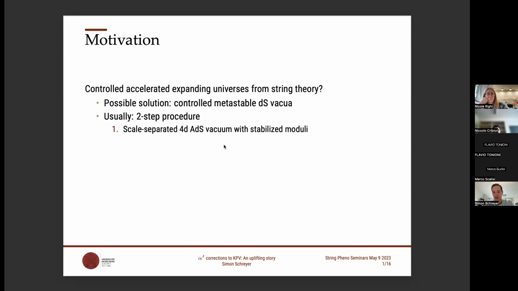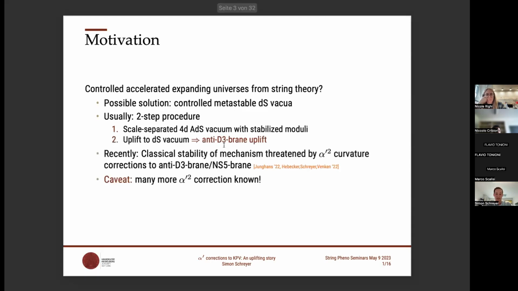This is already a highly non-trivial step, but for the sake of this talk, I assume that this is possible. The second step is to uplift this ADS vacuum to de Sitter. And the most famous example of how this can be done is the anti-3-brane uplift, which will be the main subject